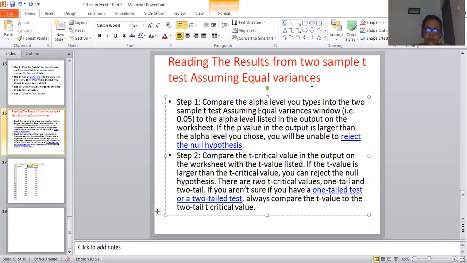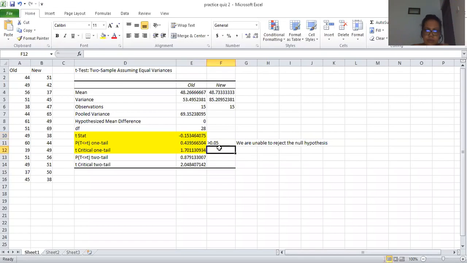But we'll look at what our results were. So the t-stat value, is it greater than the t-critical one-tail value or is it less than the t-critical one-tail value? It's less than the t-critical one-tail value. That means, are we in a position to reject the null hypothesis? No, we can't reject the null hypothesis. Based on these two values also, since the t-stat value that we have got is less than the t-critical one-tail value, again we are getting the conclusion that we are unable to